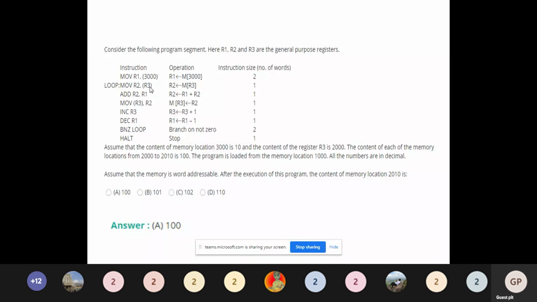When the R1 value is 10, the memory address is 2000, and in 2000 we have the value 100. R2 value is 100, R1 value is 10. So if we add 10 plus 100, you will get 110. That is the output which is stored for the first add instruction.